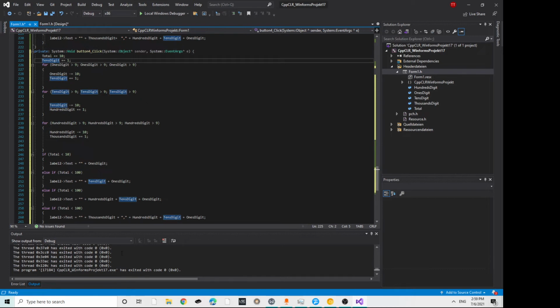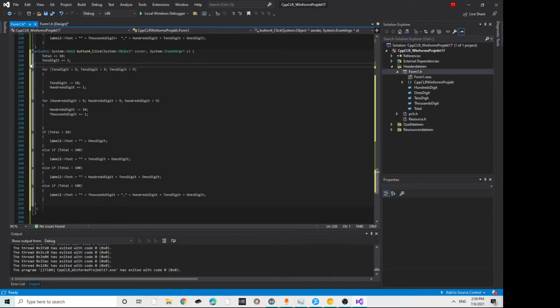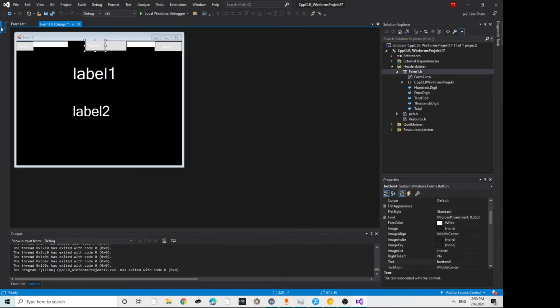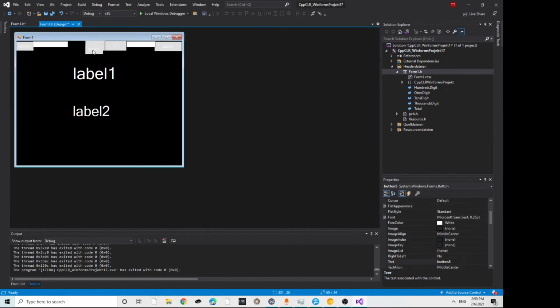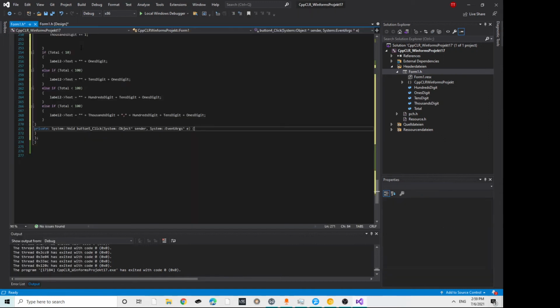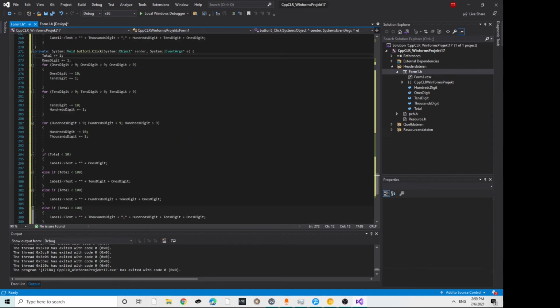So we did this, that it basically adds 10. We don't need to check if the ones digit hit 9, because we're adding to the tens digit. And you can just get another one. I'm going to go up to 100 because that's all I need to get to 1000 pretty quickly. Total 100. And I don't need to check for